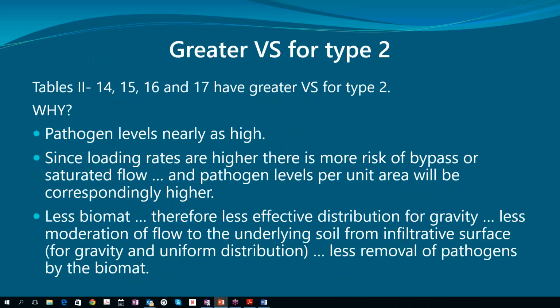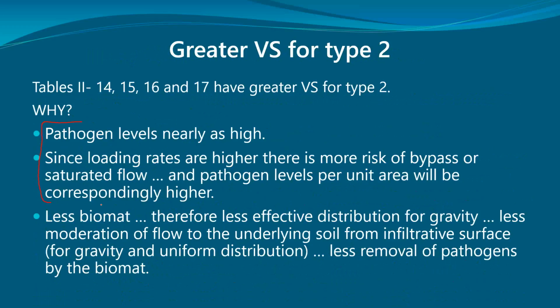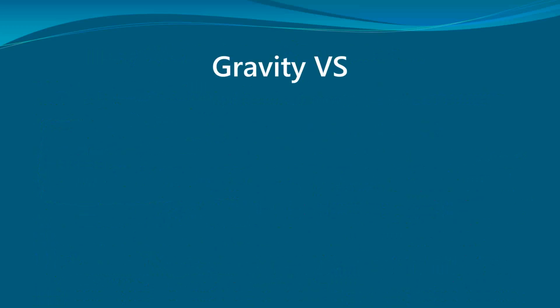A little bit of biomat is a good thing. Lots of treatment slows down infiltration. A bunch of biomat is a bad thing because we have clogging. But with less biomat from type 2 and the first 2 points, all this stuff, therefore we need greater soil depth to get decent retention time and still get the final polishing of effluent in the soil.